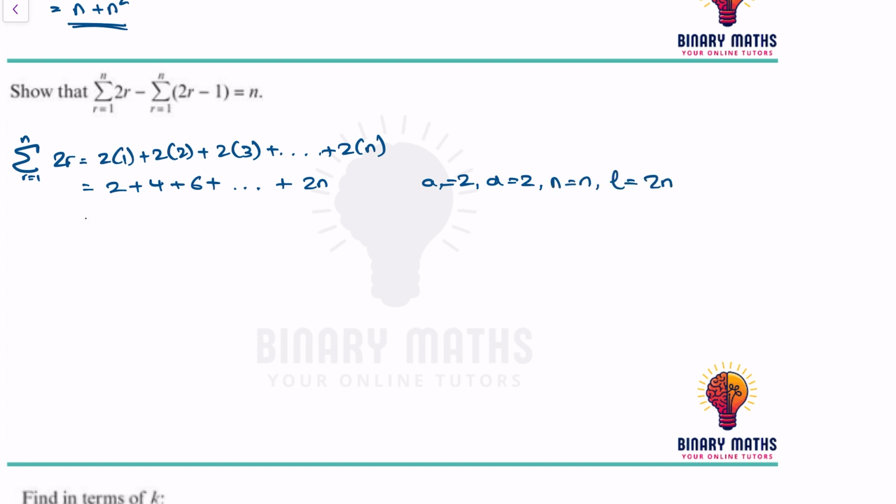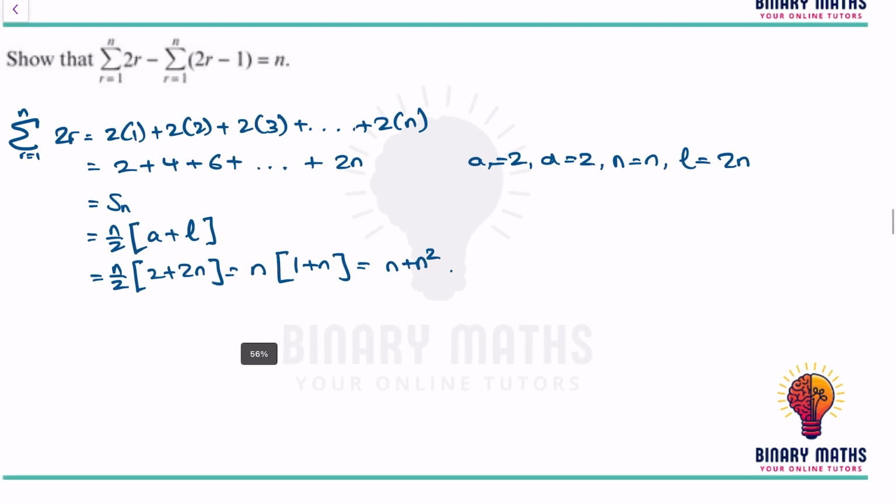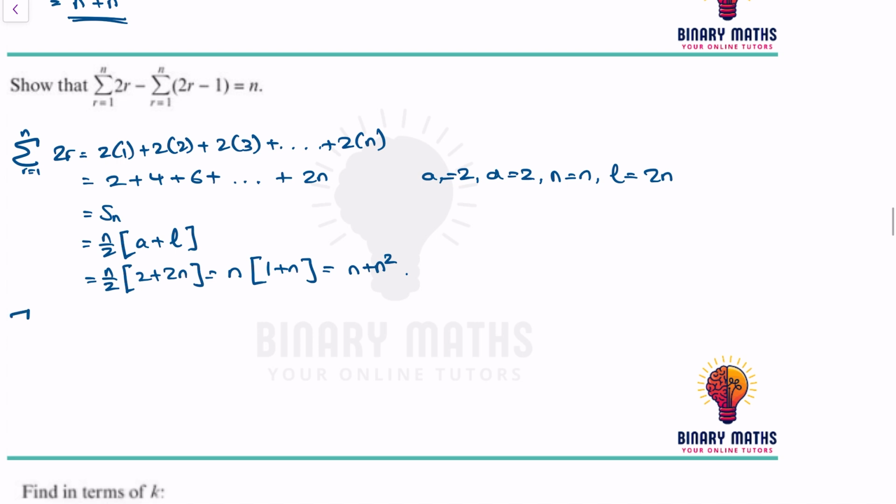So again, this will be the same thing as working out Sn, which is equal to n over 2 times A plus L, which is equal to n over 2 times 2 plus 2n, which is n times 1 plus n, which is equal to n plus n squared. Now, I know I've done this in the previous question, but because it's a different question, I just want to show it again. Okay, so the same thing I need to do is the sum of r equals 1 to n of 2r